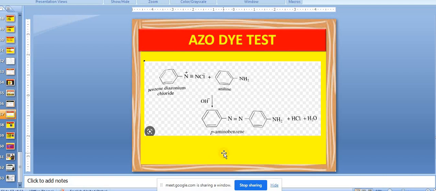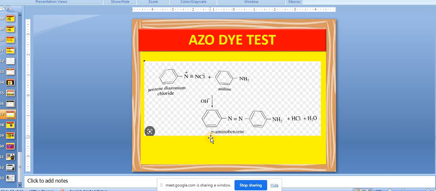No. Red, orange, not yellow. What is the color in the background? That is the dye color. Now, what is the error here? Whether OH inactive will come? Yeah, it is yellow dye, para-amino azobenzene. What would be the pH? pH is acidic, not alkaline. This is the error here. pH is acidic, 4 to 5, and 0 to 5 is still missing.